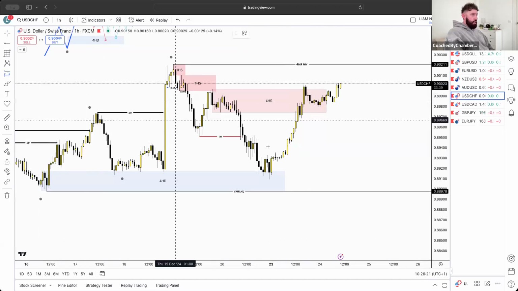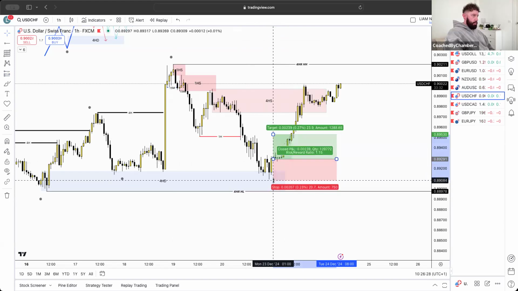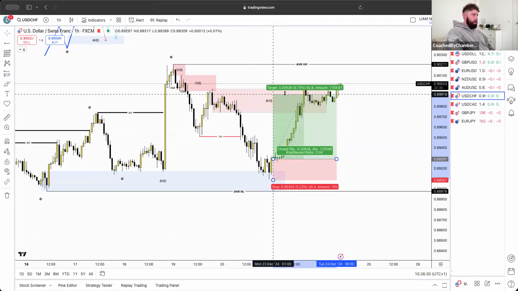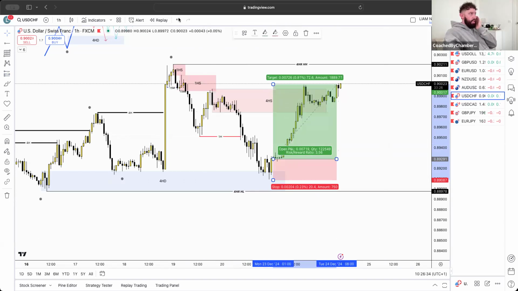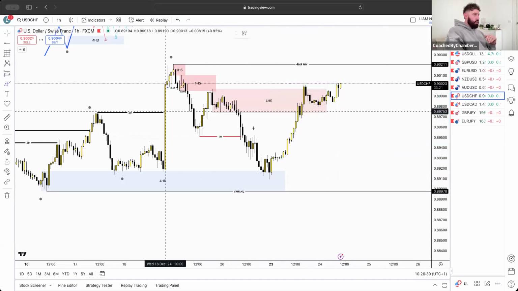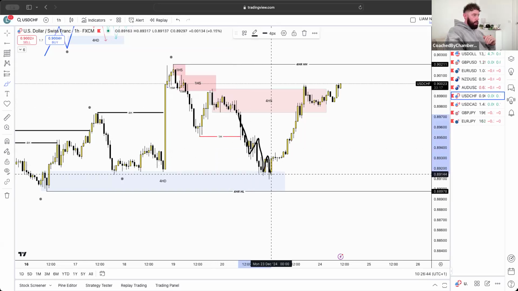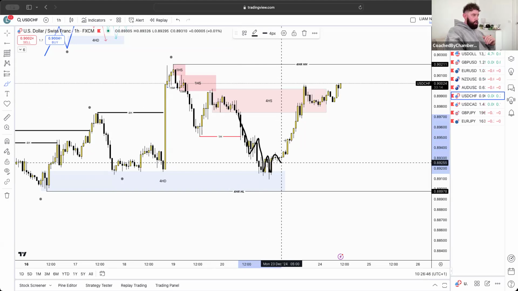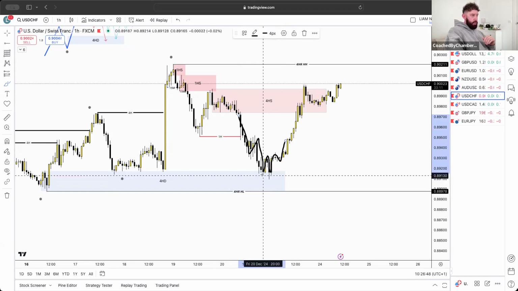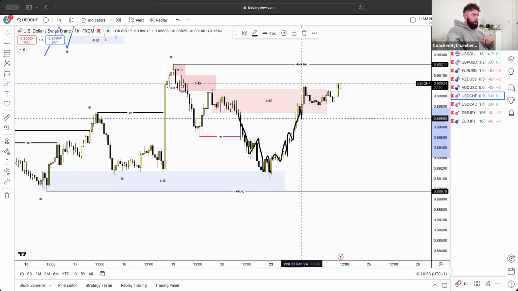It would have been a nice trade if we could have caught, let's say it would have been from the top of this. Yeah, it would have been a nice trade so far, probably around a 1 to 4 almost, which is a decent enough trade. But yeah, that is pretty much what we can see. If you look at the internal structure, we've obviously created lower highs, lower low, lower high, lower low, come back up, and then we started to trend. Sorry, that was a lower low. We didn't finish above this, below this, and then we started to carry on this trend upwards.